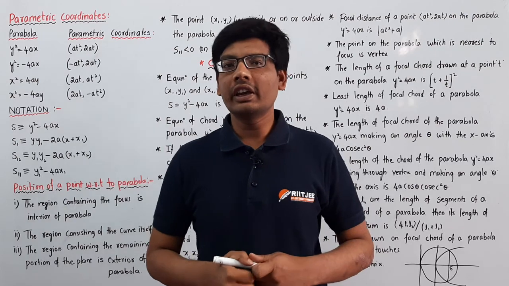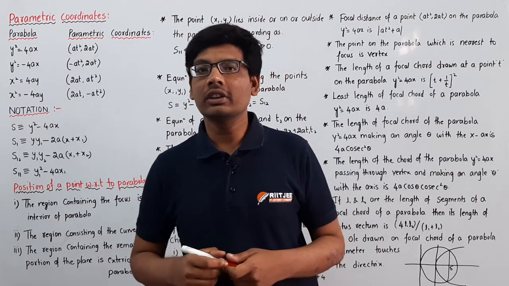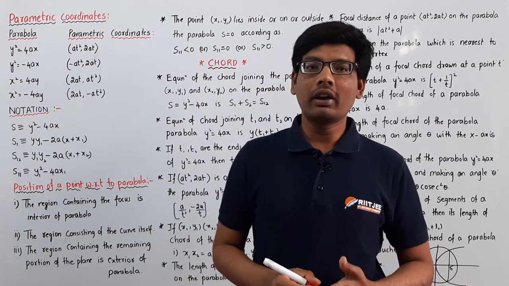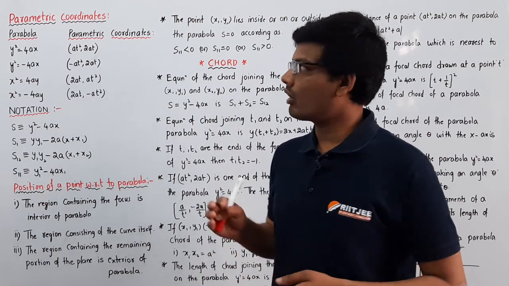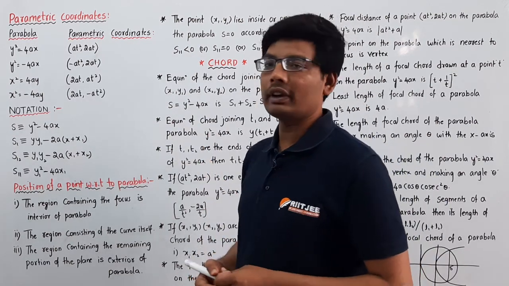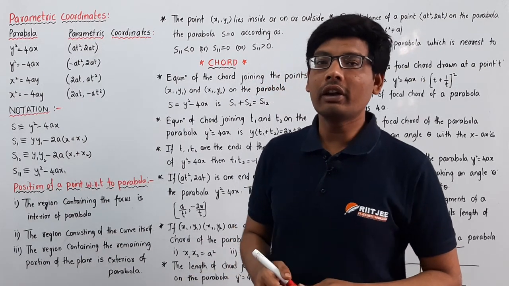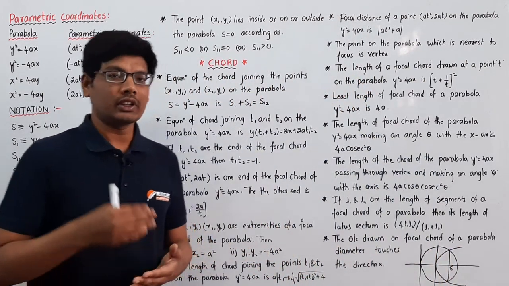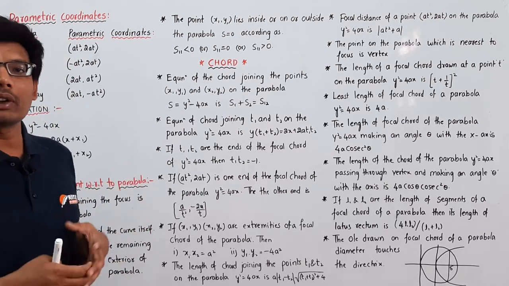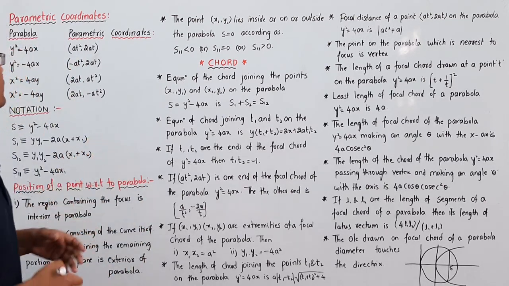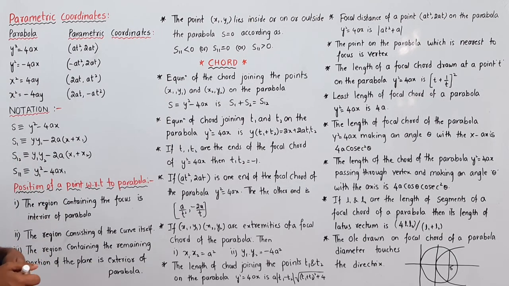Welcome to Rizzi. In the last session we discussed different types of parabola which have vertex (h, k). Now we are moving to parametric types of parabola, and we learn parametric types of circles, parametric types of straight lines, and parametric types of system of circles. Now the term for parametric type of parabola here.